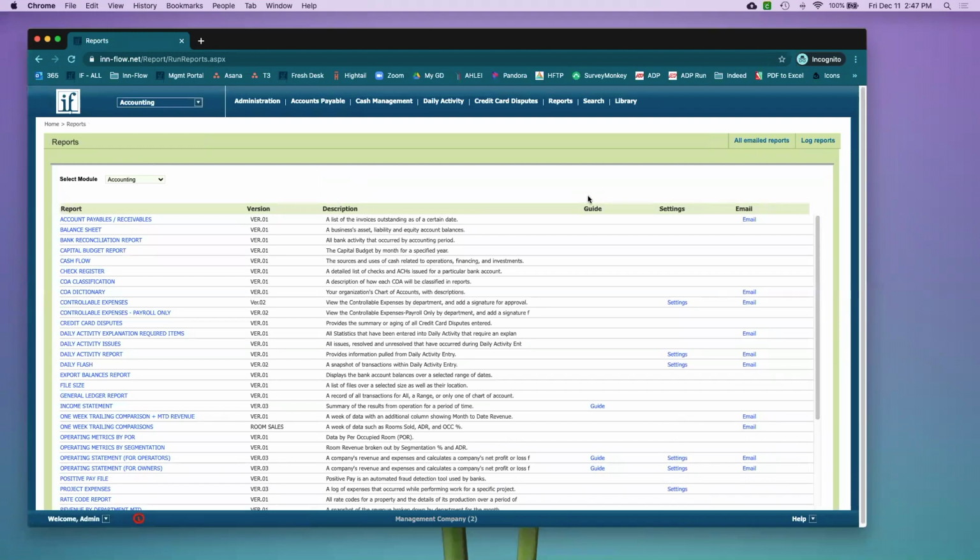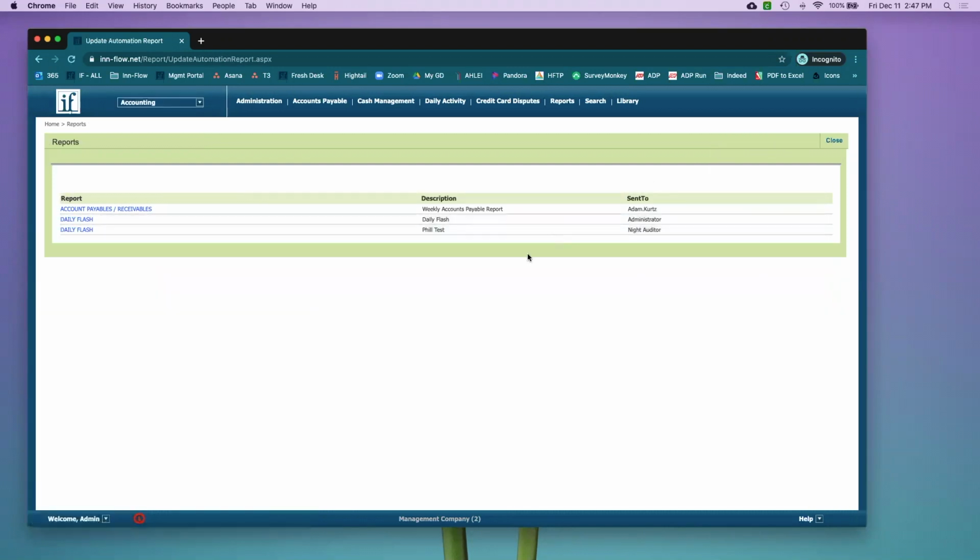Finally, to make any changes to reports that you've already set up, click on the All Emailed Reports. This is going to show you everything that you've set up. If I need to delete one or make changes, I simply just click on that report,